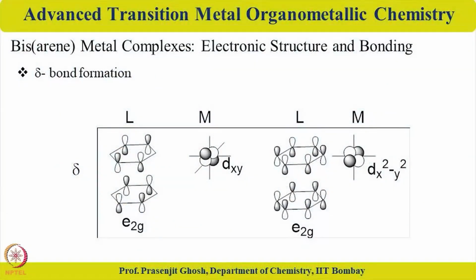So, we had seen how these 6 benzene orbitals combine with the metal orbitals, resulting in 3 kinds of interaction: sigma, pi, and delta types, and the corresponding ligand orbitals which are involved in such interactions are shown over here. So now we are going to move on to the most important aspect of it, which involves this